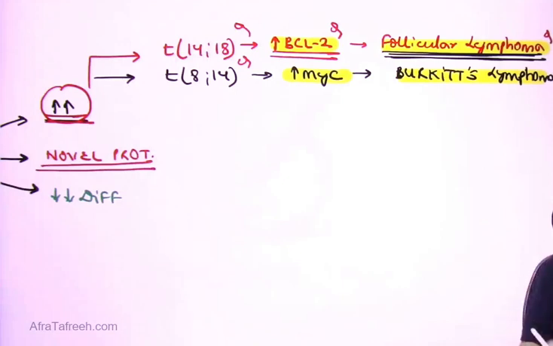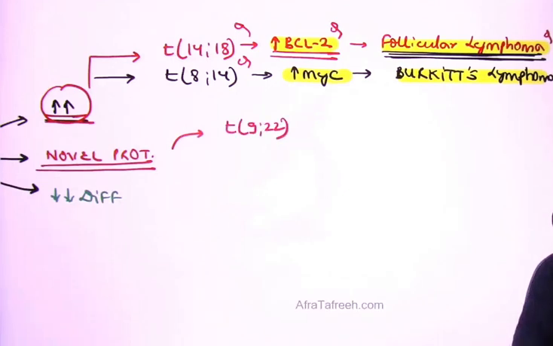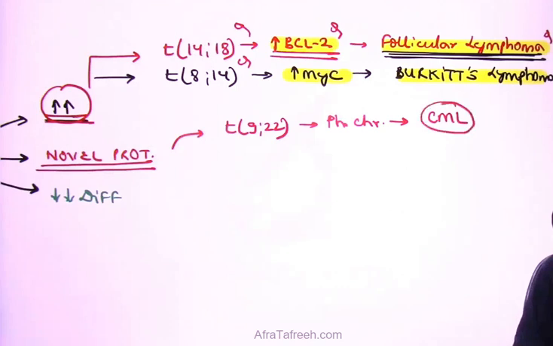So new types of proteins are sometimes produced because of the chromosomal translocation. Example number one that I can share with you is translocation 9;22, and they love to go after this particular one in the exam. This is something that you associate with formation of a new type of chromosome which is given the name of Philadelphia chromosome. Classical example of which is what you associate in a patient suffering from CML.